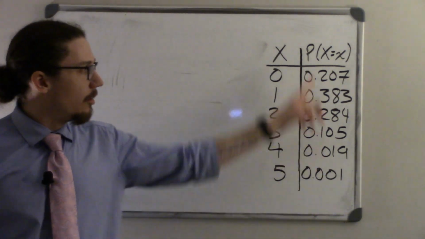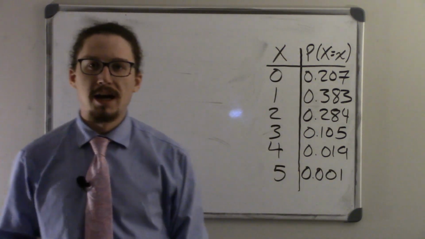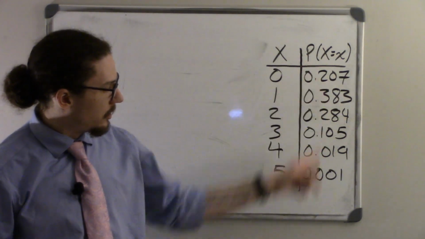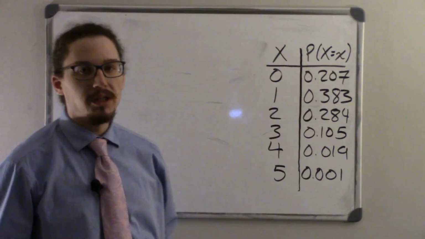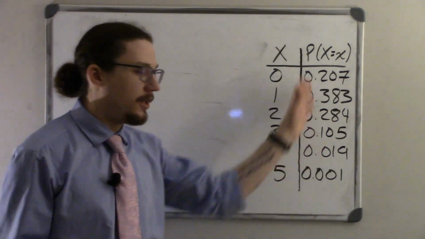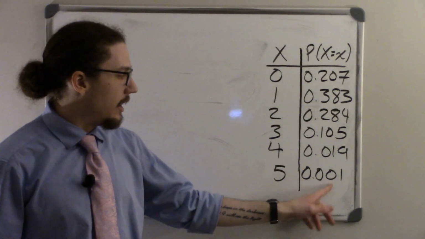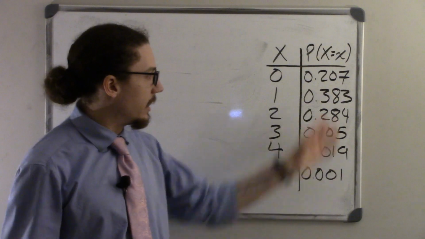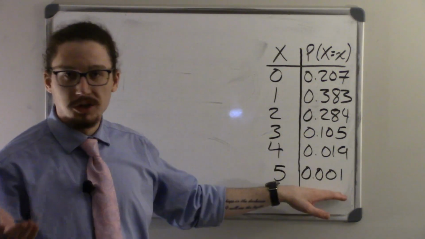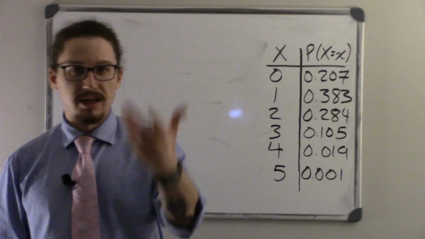One thing that I wanted to mention is looking at our probabilities. We know that for a probability distribution, the probabilities should add up to 1. Well, if we add up these probabilities, they're not going to add up to 1, which I'm very glad they don't, because this illustrates something I said in a previous video. If you're calculating these yourself, and I calculated these, just like you would,